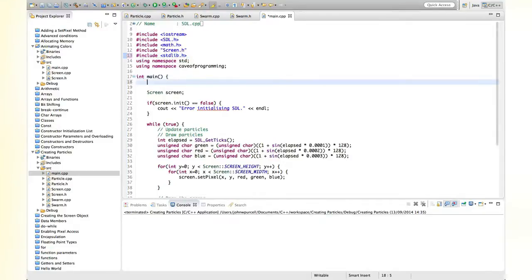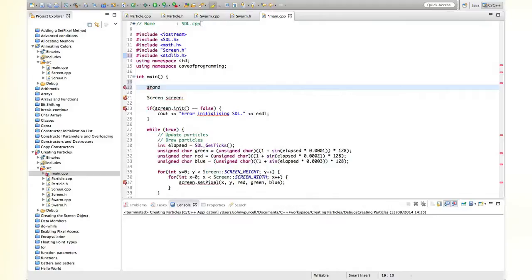Then I can call a function here called srand. And srand seeds the random number generator with a number, which makes it produce a different sequence of random numbers every time. And for the seed number, because I need to supply it with some number to seed it with,